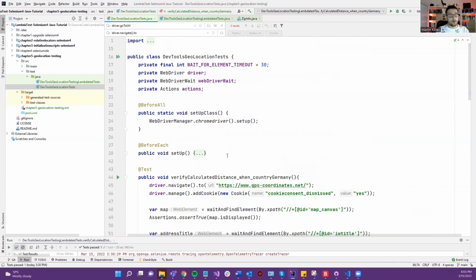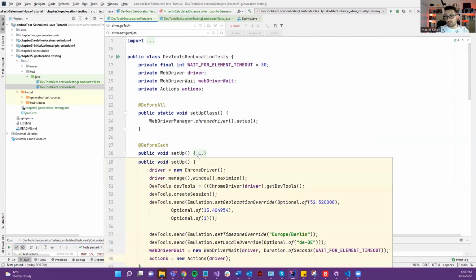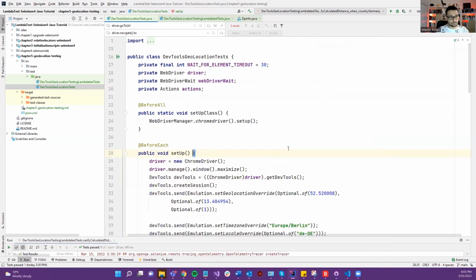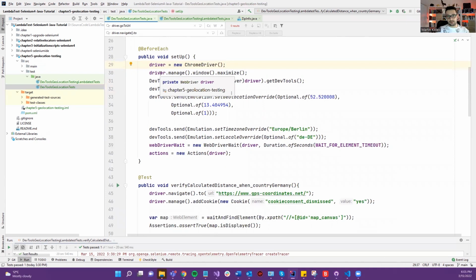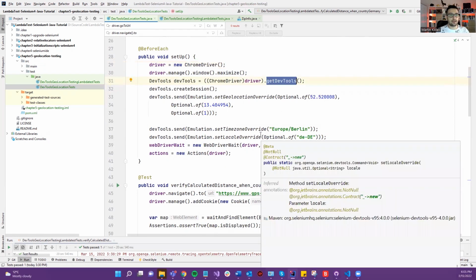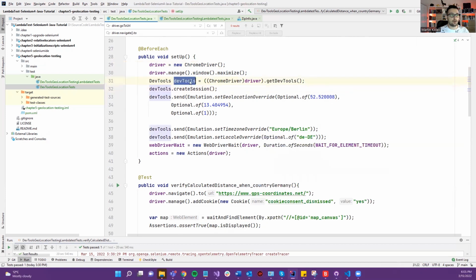That's it. Now, I want to show you how you can use the DevTools protocol. As I said, we initialize first the Chrome driver, the same way you can use Edge. Then we maximize the browser full screen. Then we get the DevTools. This is how, and after that, you need to create the session. And after that, you use the